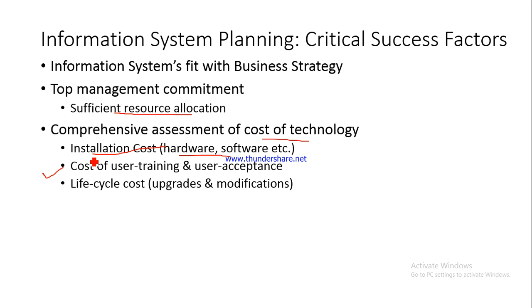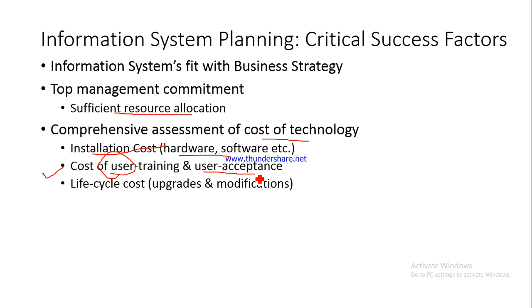We forget that we'll also have to send our users for training. We'll have to train our users, and to train them we'll have to withdraw them from work, right? So naturally this is going to be a cost to the company. The work would suffer, and then also they are going to make some mistakes, and you need to have some trainers as well. So this is all a cost for the company.